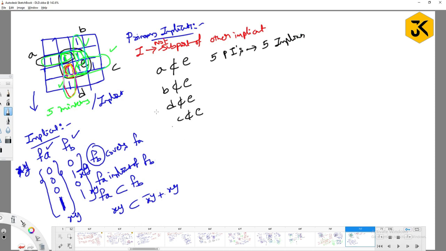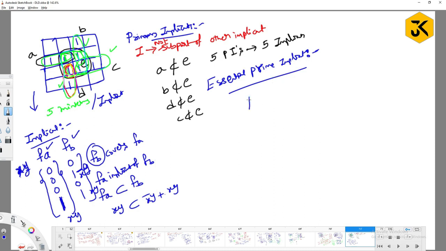Okay, fine. So now here, I hope you understood that this is a redundant term. So how can you remove this redundant term? For that, you have to understand one more terminology, that is essential prime implicant. What is the meaning of essential? That is compulsory. That is compulsory, right? So if I am trying to say a prime implicant as essential prime implicant,